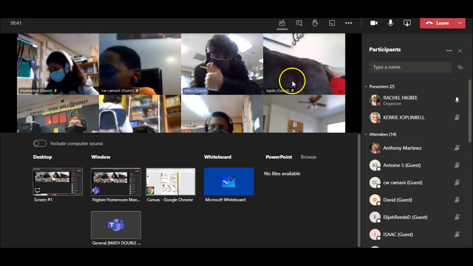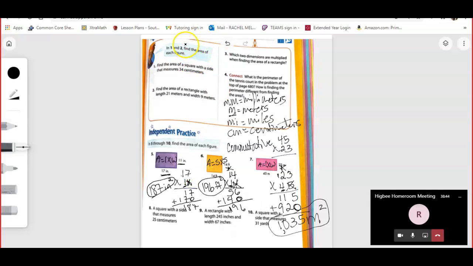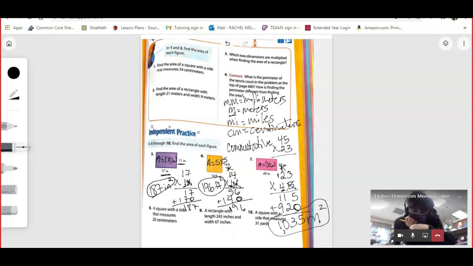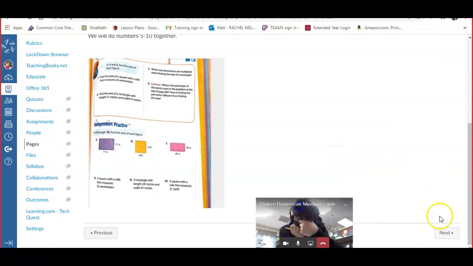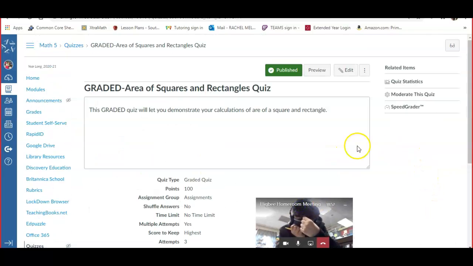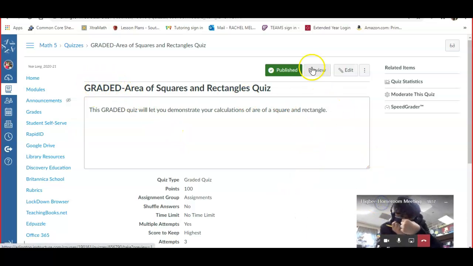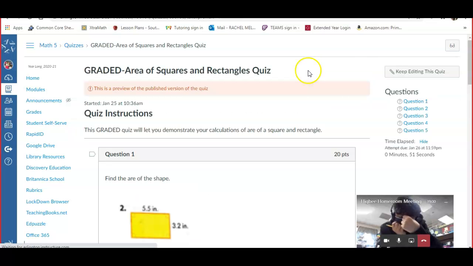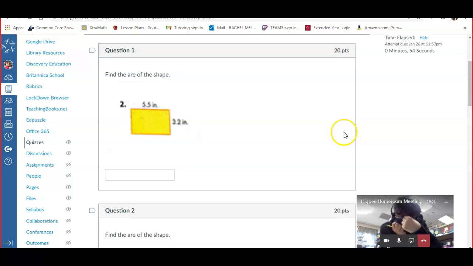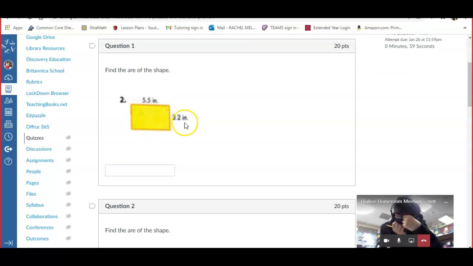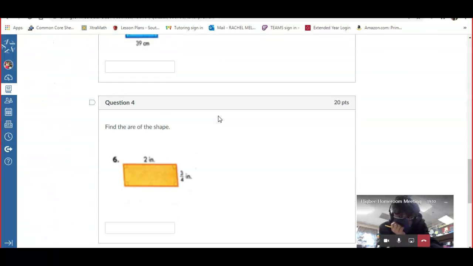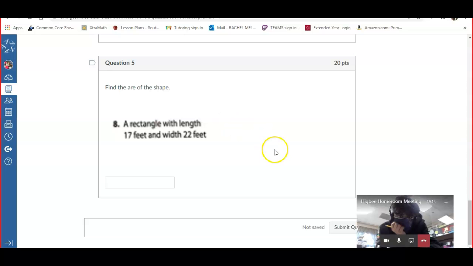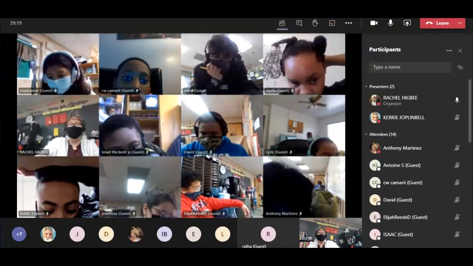All right, so let me go ahead and share again and get over to our Canvas course. You're going to go in. This is a grade today. Okay, so take your time. Don't rush. There are 5 questions. You have a picture with the dimensions on it. Okay, you just need to find the area. Are there any questions? Okay,